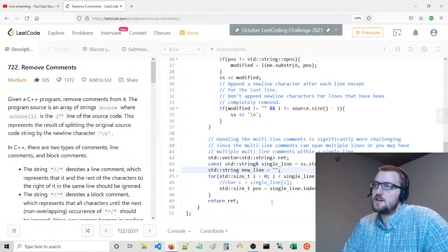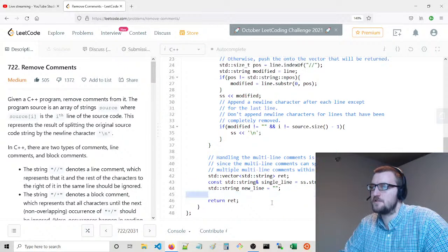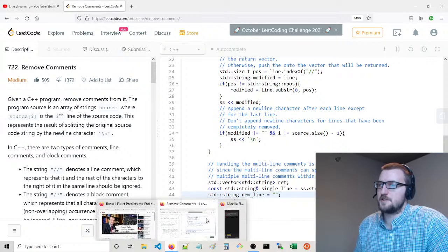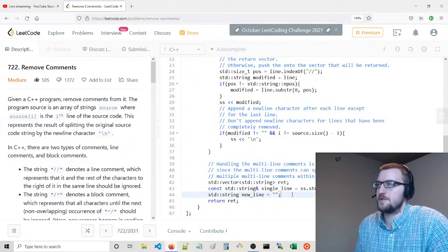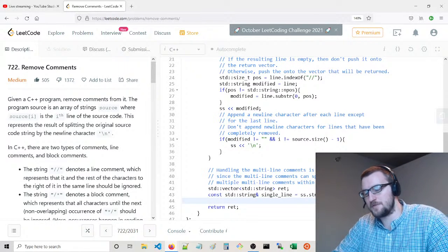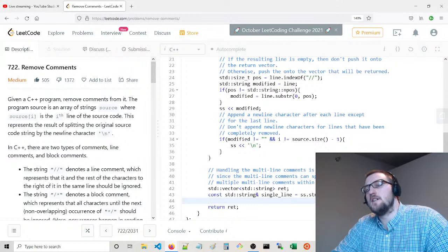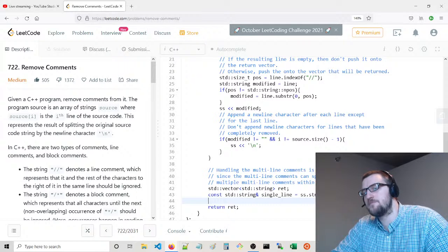Actually, I think we don't want to go character by character. We could use a state machine type of thing to do this, but I don't actually want to do that. What I want to do is the following: let's do a while loop.